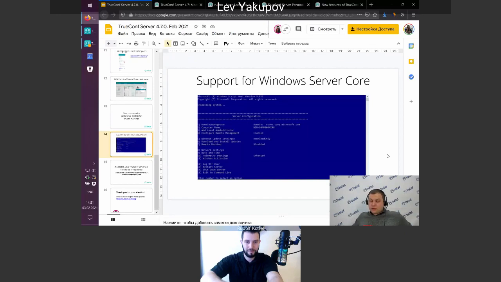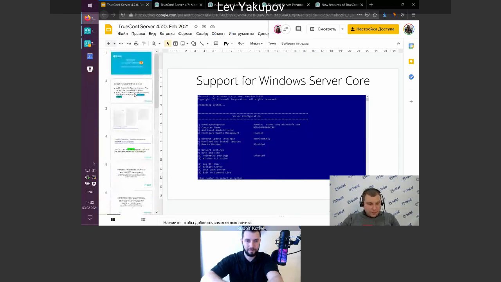So now it is possible to install TrueConf Server version 4.7 on this special version of Windows, which is usually used by hosting providers in cloud data centers, because the cost of the license for this type of Windows is much lower compared to the regular version of Windows.